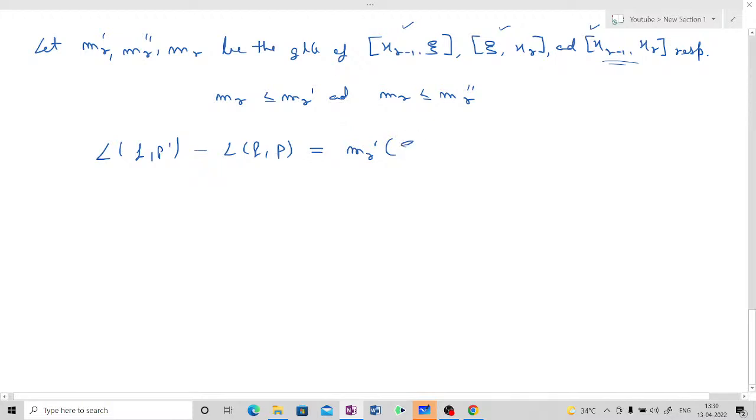mr prime times eta minus xr minus 1 plus mr double prime times xr minus eta minus mr times xr minus xr minus 1. Clear? Because see,